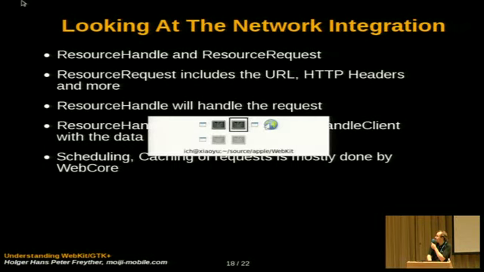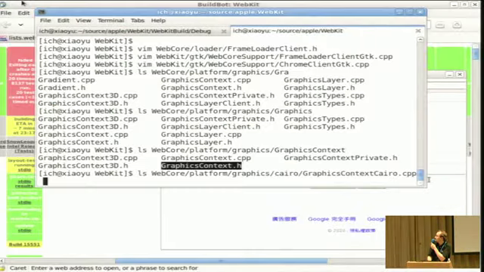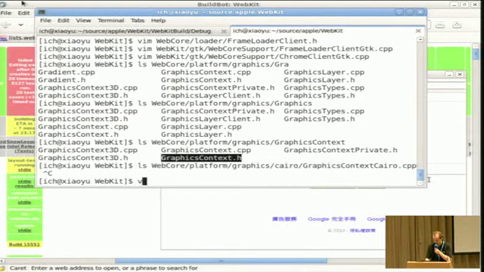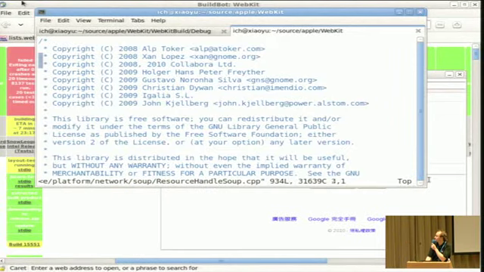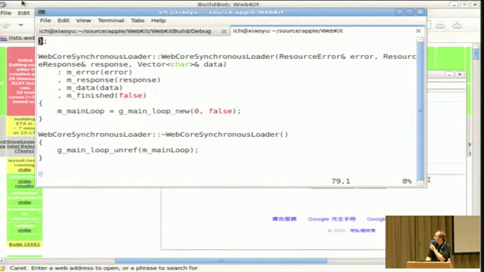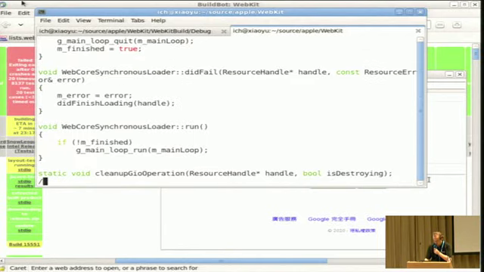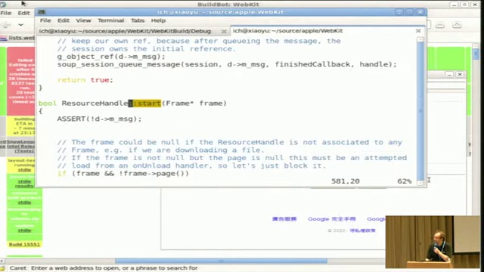For GTK, we're using libsoup, so we have the directory called WebCore platform network soup, and there should be a resource handle class inside there. And again, it's called resource handle, and then the suffix for the library used. And the start implementation